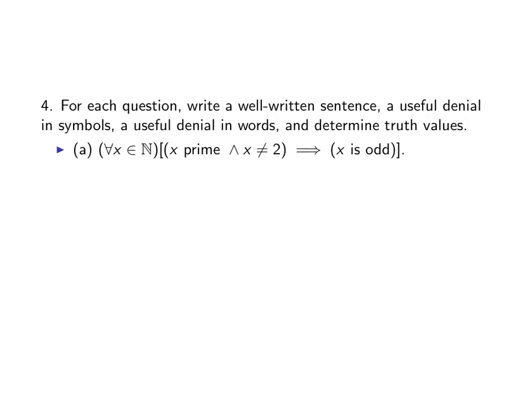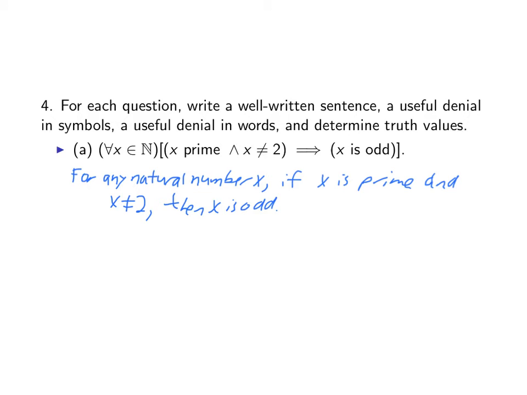All right, I've split this into 2 slides because you were supposed to do 4 things for each one. All right, so a well-written sentence. The way I would write this might be for any natural number x. Note that I say any, not all. Again, that's a stylistic thing. You could say for all natural numbers x, but since you're talking about a particular one within the brackets, it makes sense to put it in singular here and say for any natural number x, if premise x is prime and x is not equal to 2, then conclusion,